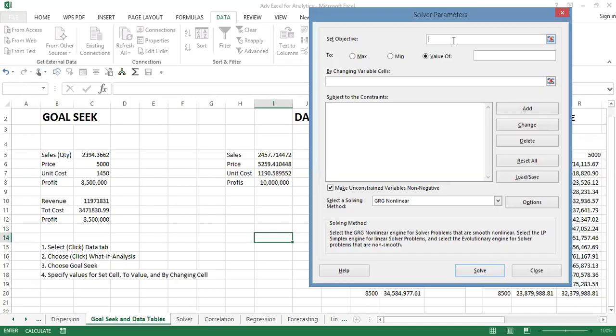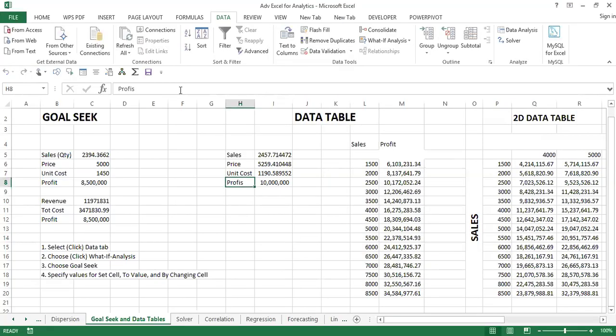Okay, so we are using Solver for what-if analysis. Our goal right now is to set the profit. This is the data we are using. We have the sales, we have